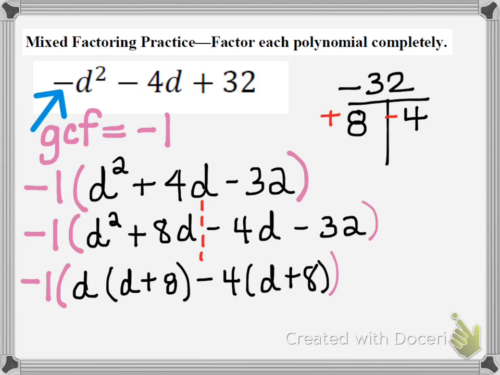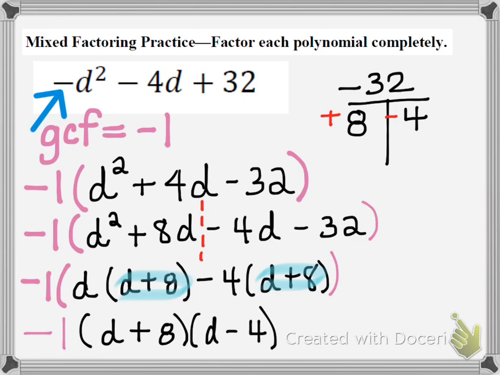At this point, we know that we're on the right path because our binomials match, d plus 8. So the d plus 8 binomial is our new GCF, and now we can continue. So we still have the -1 on the outside. D plus 8 is our binomial GCF, and then we take the leftovers d minus 4 to make the other binomial. So we can leave our final answer right here as we see it,